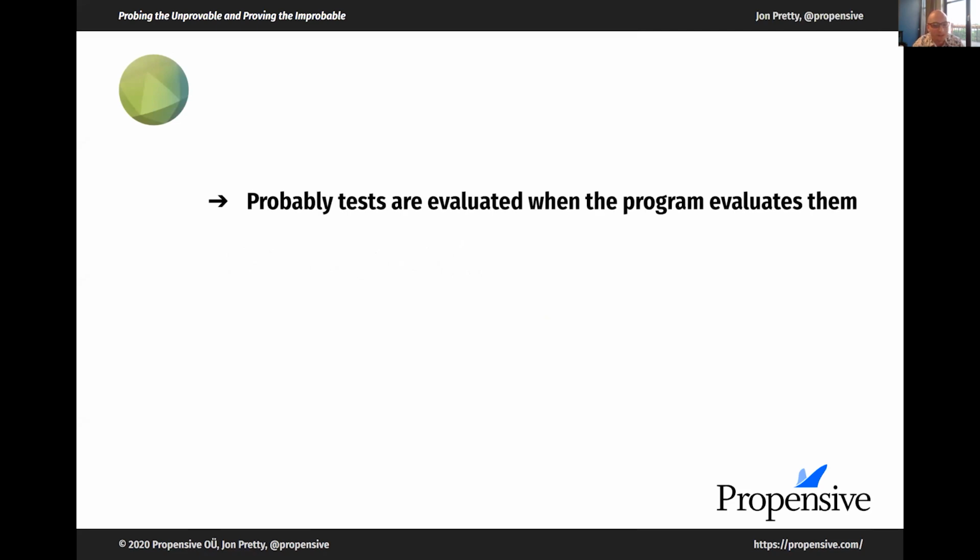Now, the most fundamental idea in Probity is hardly even an idea at all. Tests are evaluated when the program evaluates them. It almost seems too simple to be worth saying, but there's a history of test frameworks which don't do it this way.